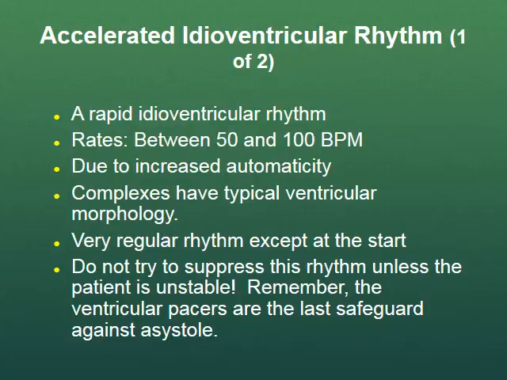So if we suppress an accelerated idioventricular rhythm and try to slow it down, we're moving towards asystole, which, if you guys aren't familiar with, is not a good thing. So just keep that in mind. Whenever we have this, there's a reason that we have this accelerated IVR. If it's demand based, the